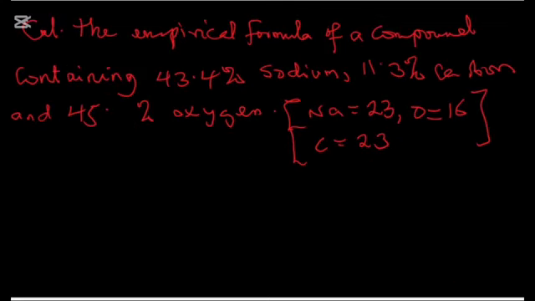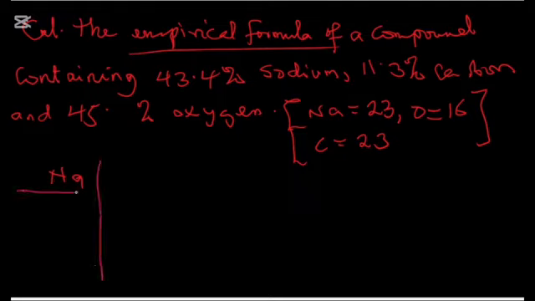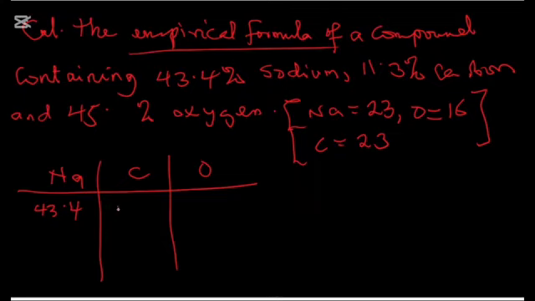Now, I want to calculate the empirical formula. What we do normally when calculating the empirical formula is to divide into three parts. You have sodium, we have carbon, and then you have oxygen. The first one is 43.4. The next one is 11.3. And the next one is